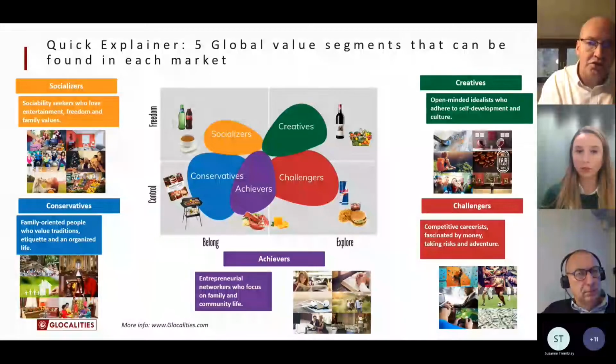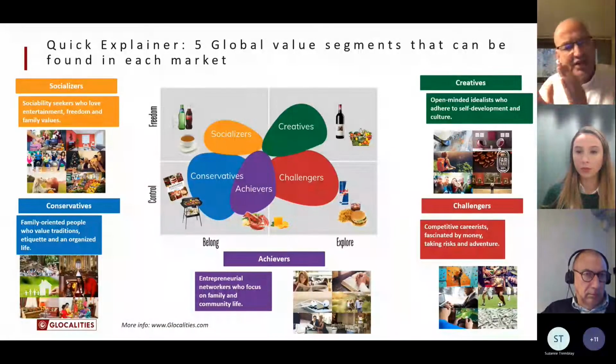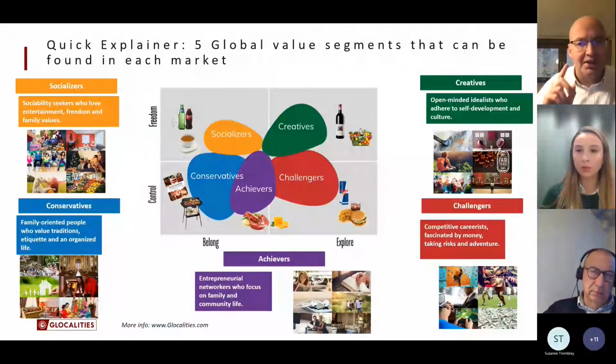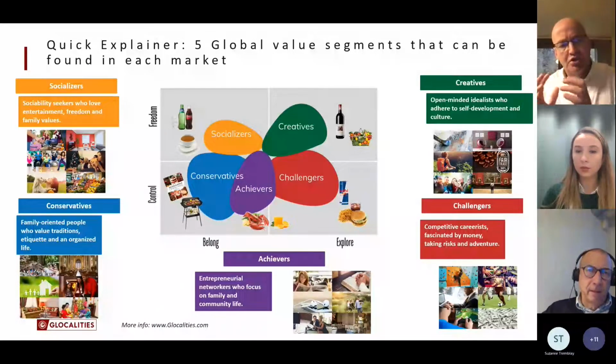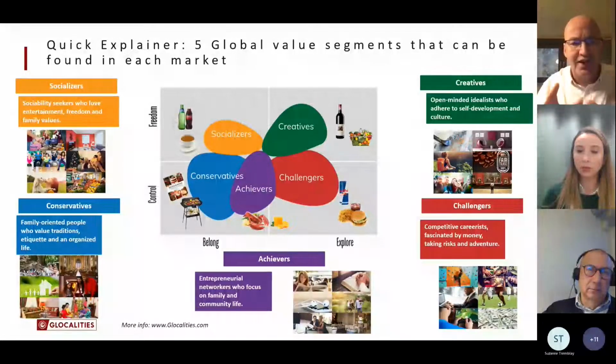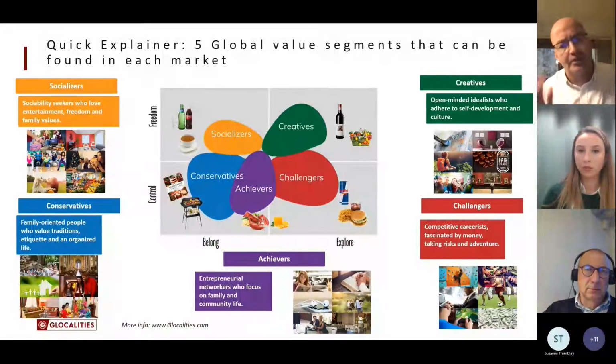However, it does change slightly over time. Every year it changes a bit, and there's a general shift from belong to explore. Each generation is a bit more explore-oriented than the previous generation, although, mind you, the difference within each generation is bigger than the difference between generations. So I prefer not looking at generations, but still there is a difference. Also in society in general, it moves. Even in Asia, where we think there's an Asian value set that is all set and different from the Western value set, we see this shift. So first answer: it's quite stable. It changes a little bit over time from belong to explore.